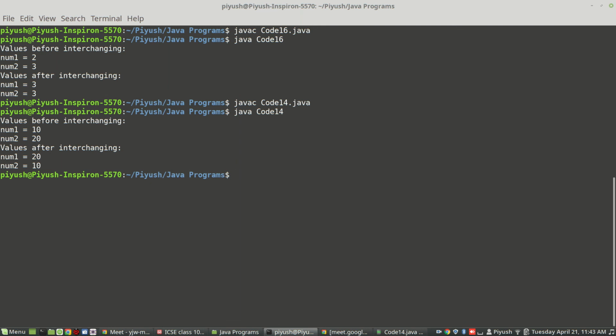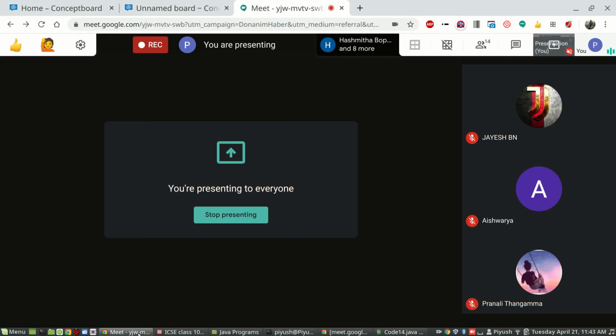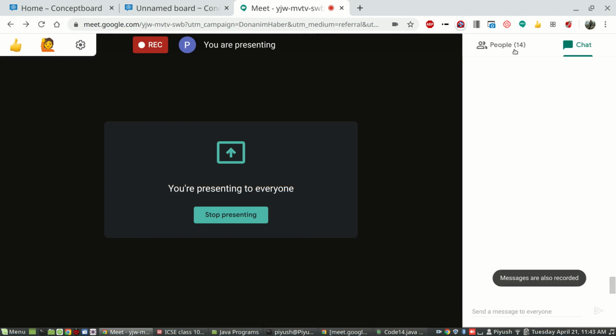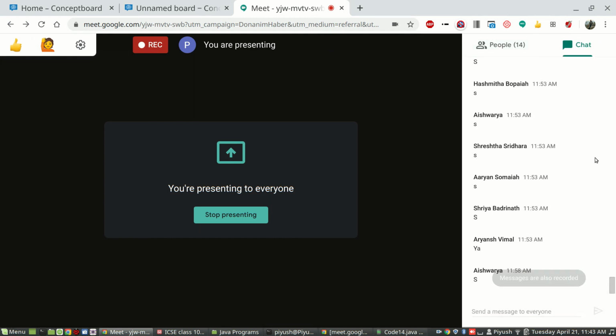After interchanging, num1 is containing 20 and num2 is containing 10. I hope this is clear to all. Of course, let me know here if this program was clear. If that is clear, we'll wrap it up for the day. Okay, Aishwarya, Aryansh, Smrita, Shriya. Okay, good. Seems you all are comfortable with this.